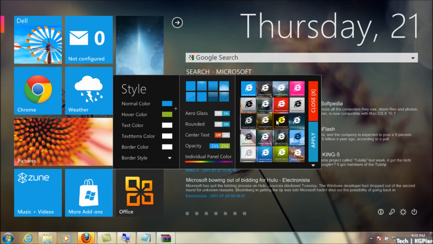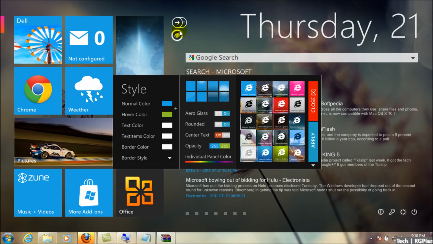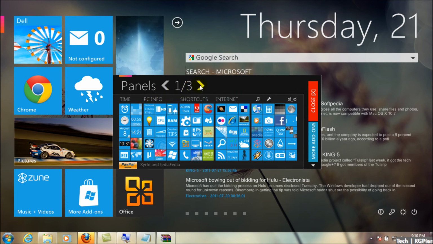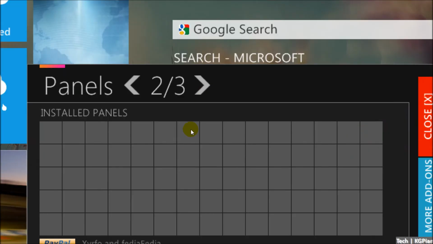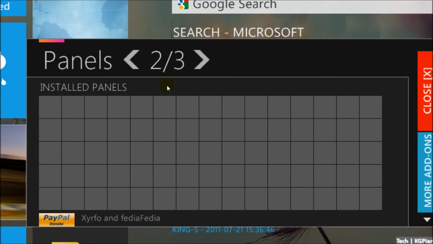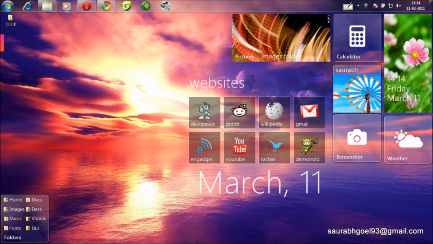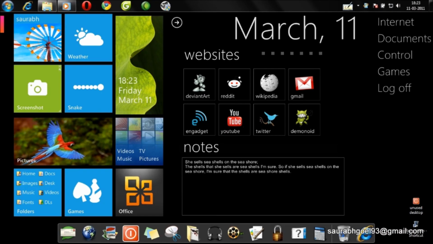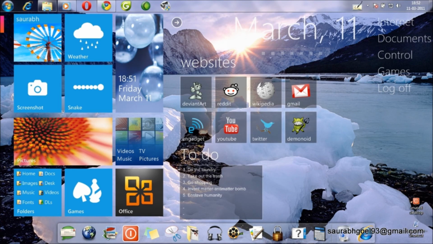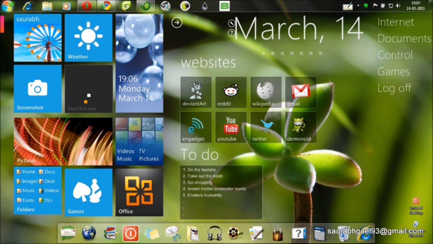You can make the tabs like the Internet Explorer tab, arrow glass, and you can also change the colors from here only. And secondly, you can choose the panels like widgets, different widgets for your desktop. Like there is a Zune widget, and there are some slideshows, Flickr, Facebook, Winamp, and other widgets. And so that's all, and these are some previews of my desktop that you can easily make using the Omnimo theme by just rearranging the widgets and changing the taskbar location and changing the desktop.